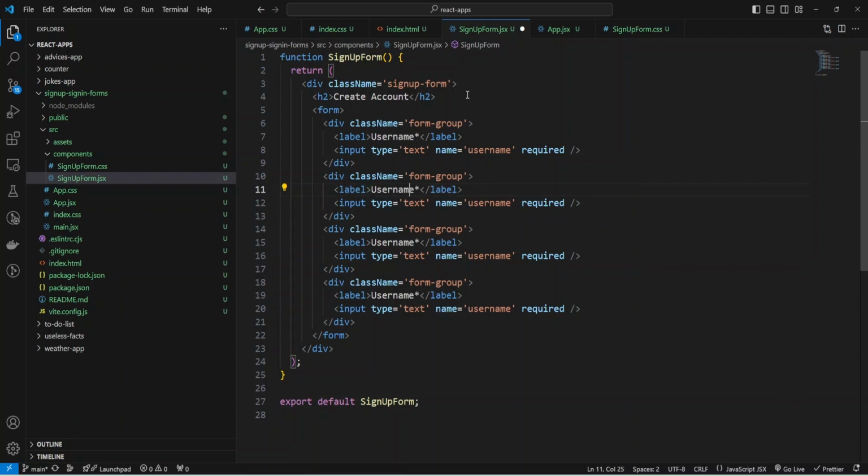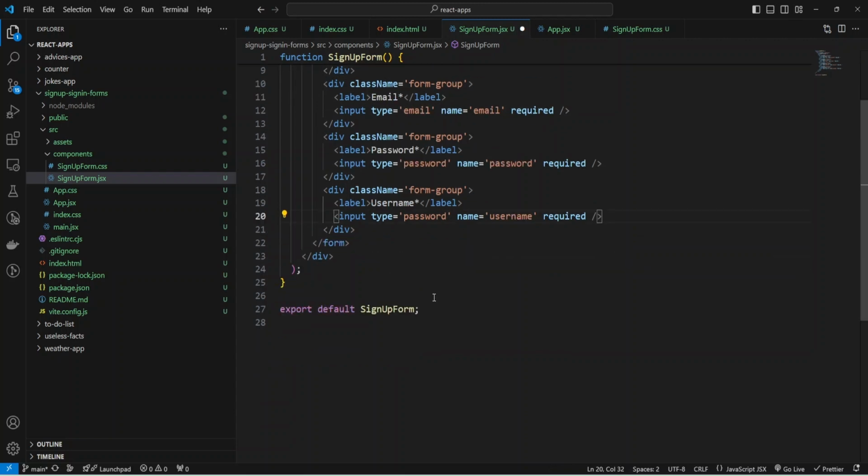And the second input will be for email, and we can provide type email to work with our HTML validation, and the name will be email, and the next will be for password, and type I'm going to provide also password, and name also will be password, and the next type will be also password.